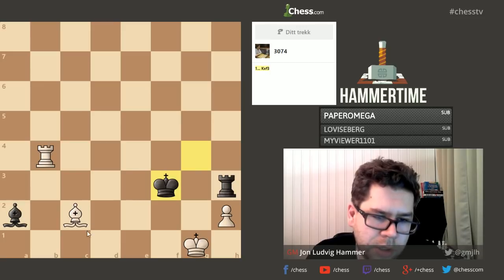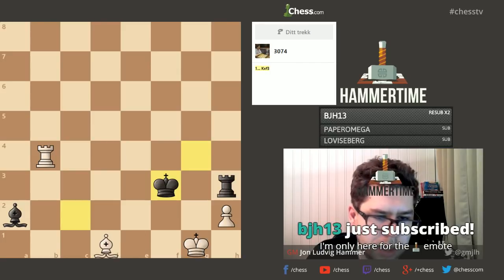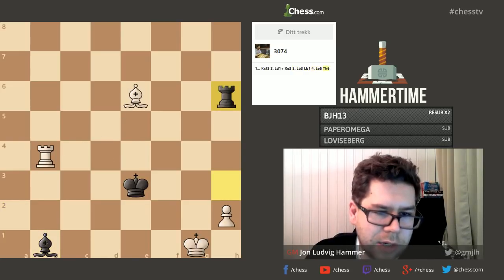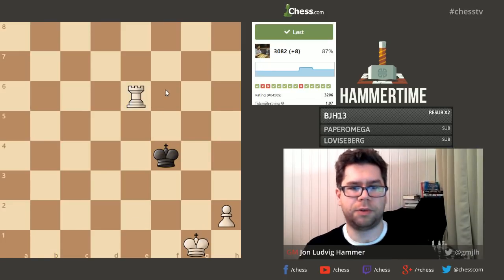The duck is onto something. Bishop d1, king e3, bishop b3. And then you cannot exchange bishops because the rook falls here. So you have to go bishop b1. When I can go bishop e6, rook h6, rook takes b1, and then rook e1 check in the end. Okay, very good. I mean, I'm gonna reach 3,200 at this speed. A little bit help from my friends, and I'm gonna reach